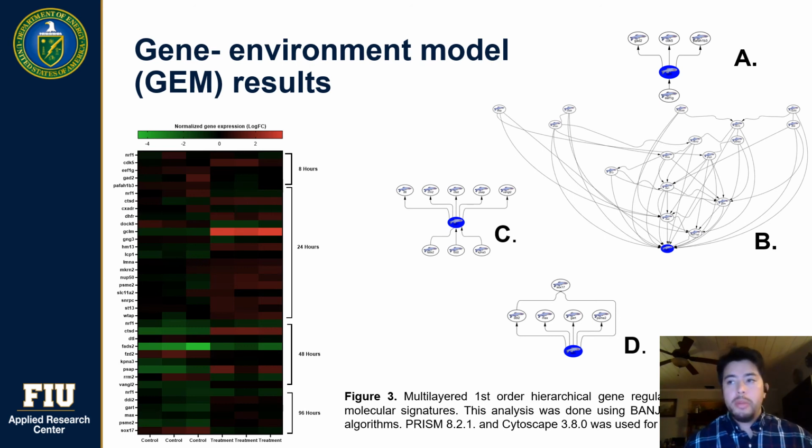Now, we used the model's output information, and the best networks were selected. Here, I am highlighting the first order Markov blanket genes as identified using Cytoscape. And a heat map was generated in order to show the normalized gene expression as a function of arsenic stress, and this is temporally visualized. This is very interesting to see. We see that several NRF1 markers were significantly downregulated at 48-hour treatment time.